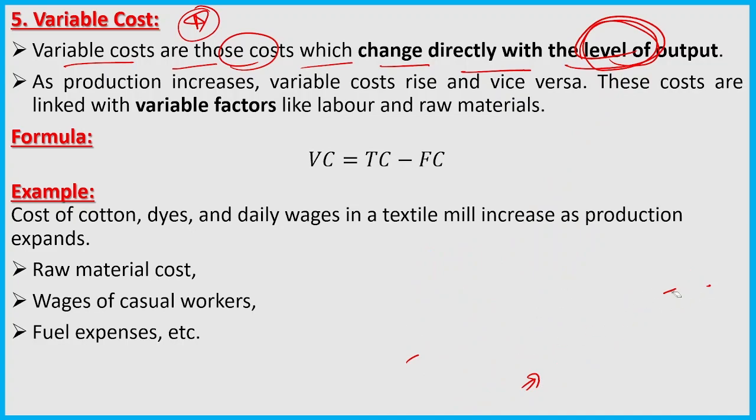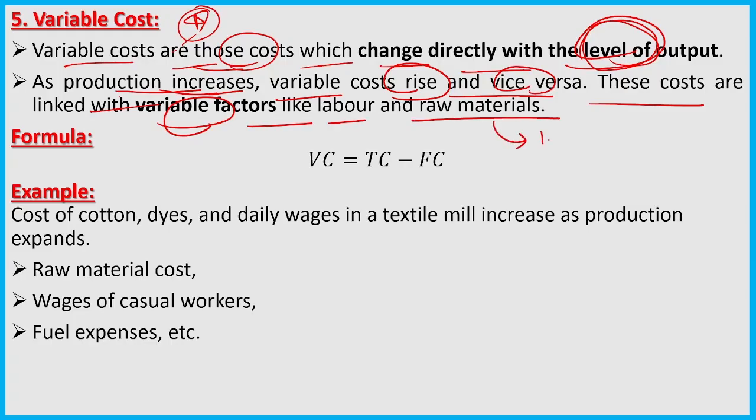तो ऐसे भी तो कोई खर्चे होंगे जो कंपनी वालों को बेयर करने पड़ते हैं। तो वो है ये वाले, देखो। As production increases, variable cost also rises or increases and decreases, and variable cost will also decrease, vice versa. These costs are linked with variable factors like labor and raw material. बेटा लेबर जो है, थोड़ी देर पहले ही मैंने कहा, वो वेरिएबल कॉस्ट है। फिर आपके रॉ मटेरियल्स जो है, आज मैंने 1 किलो मंगवाया, कल 10 किलो मंगवाया, बेस अपॉन द नीड, तो ये वेरिएबल कॉस्ट है।